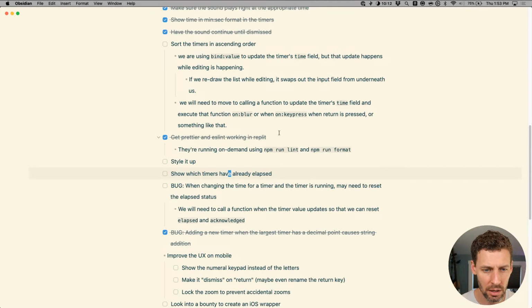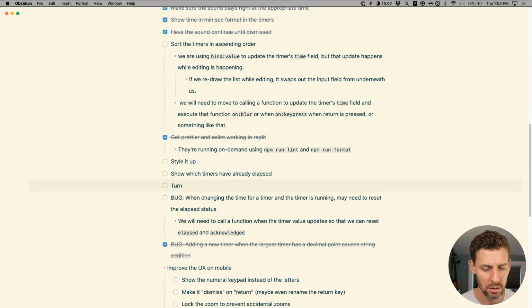We could also make, okay, turn stop into pause and change play, or start, to resume and pause to clear, when paused.